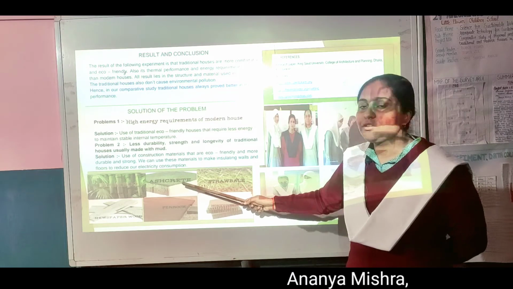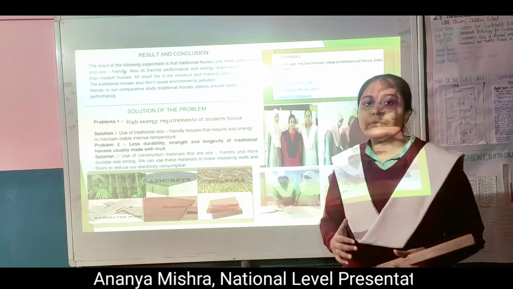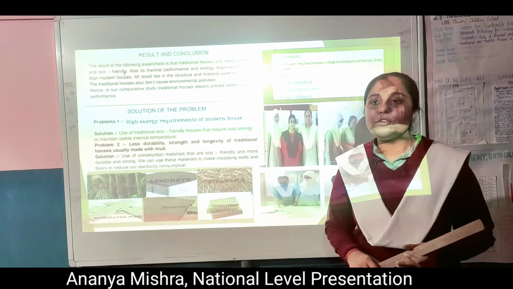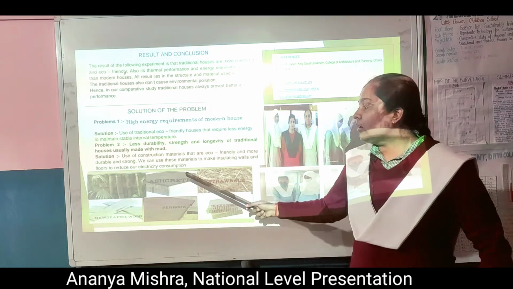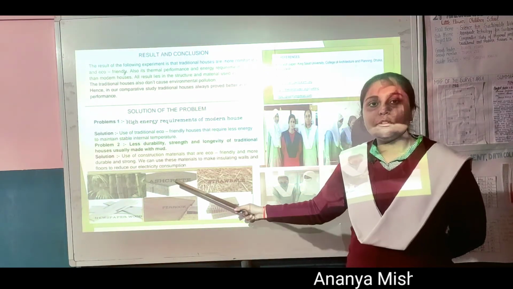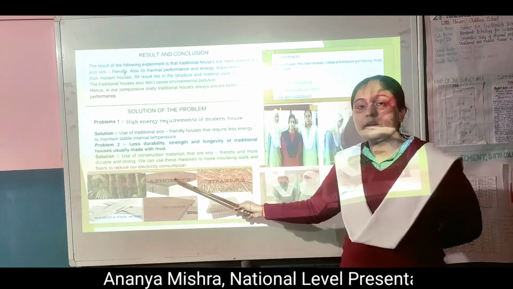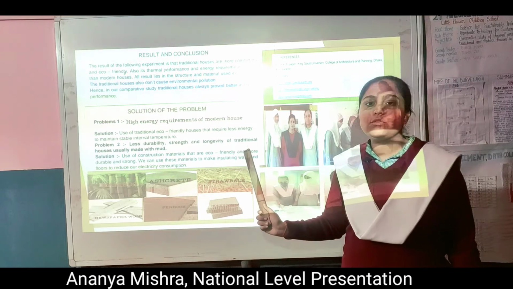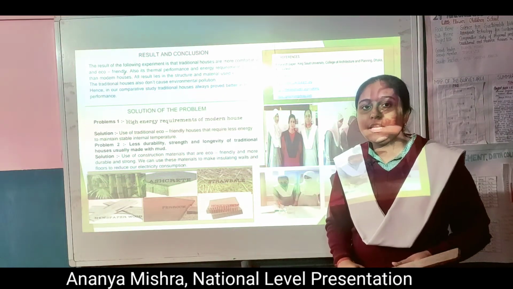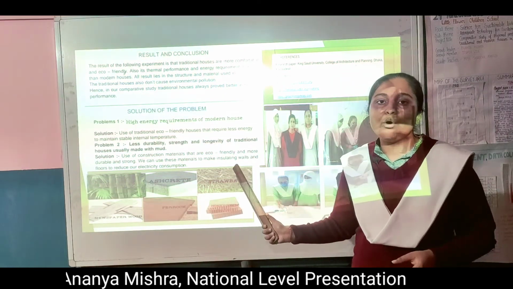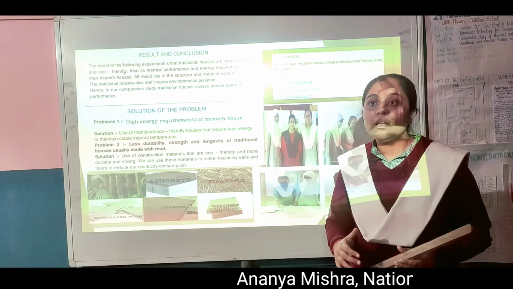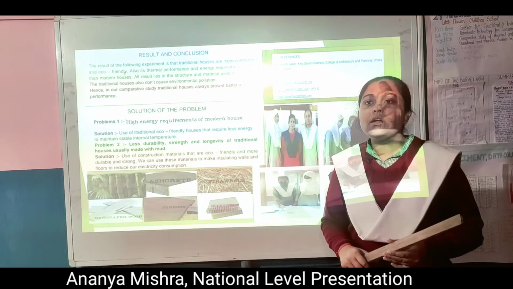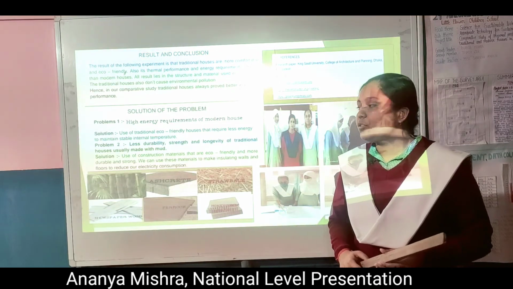The second one is ashcrete. Ashcrete is also a biodegradable and eco-friendly material made with fly ash, and it is quite durable. It has double the strength of concrete. The third one is a very interesting material. It is straw bale, also known as parali in Hindi, and it is the best thermal insulating material. It has an R value between 3 and 9.6 per inch.